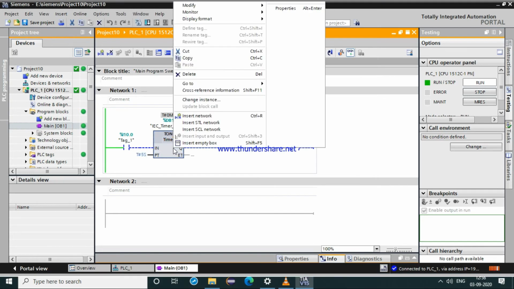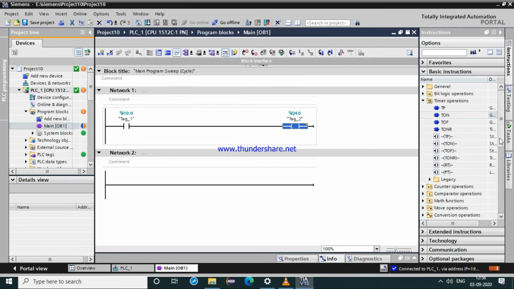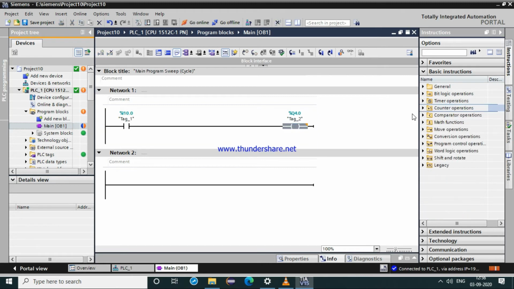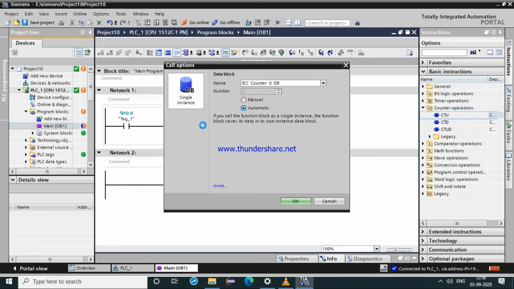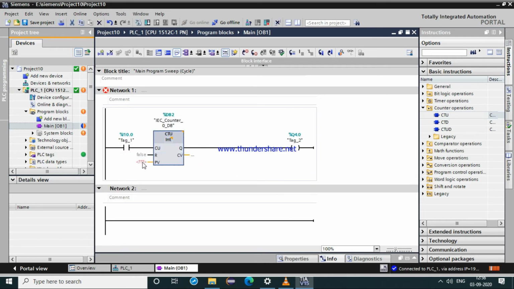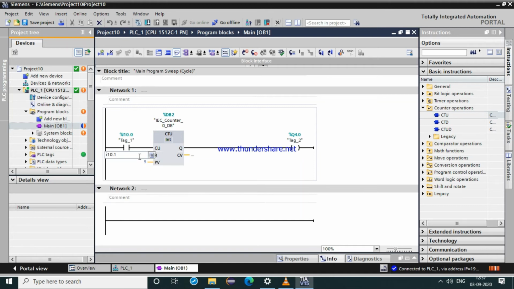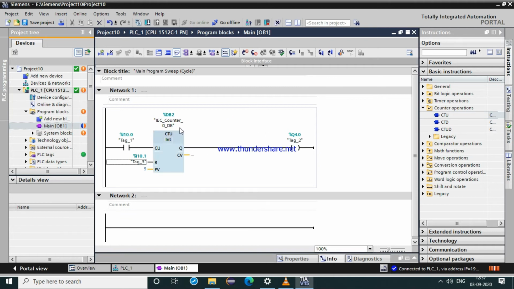Now we will be using our counter to see the operation. We will take one up counter, give a preset value of 5, and to reset the counter we will be giving I 10.1 to reset the counter.